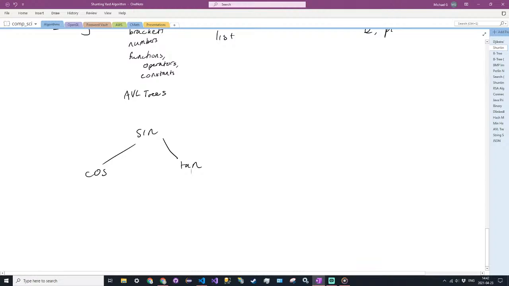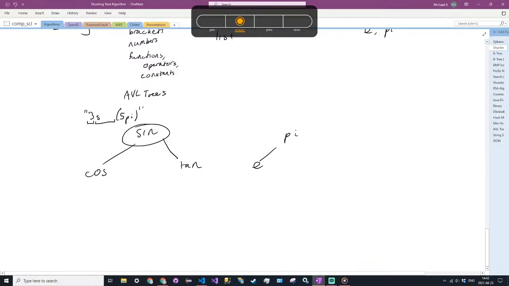When we look at a string, say we get 3 sine 5 pi, we have another tree for the constants, so pi and then e. We'll start with the 3, find it's a number, and then look at the s and determine we need to go through the tree and iterate to find a key that matches this string. So we go to the root node and see that that's sine. Now if this was cosine,